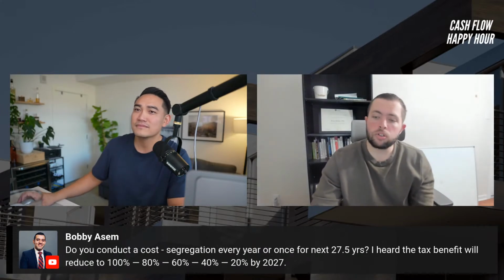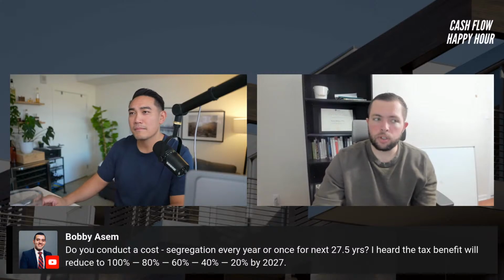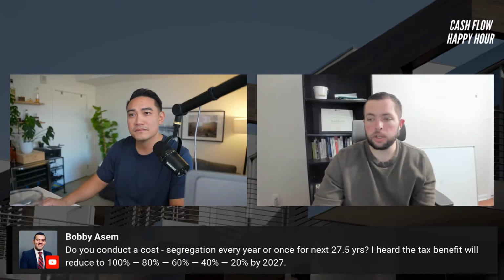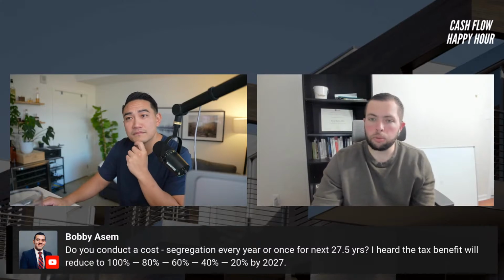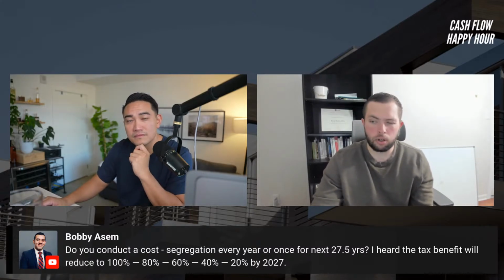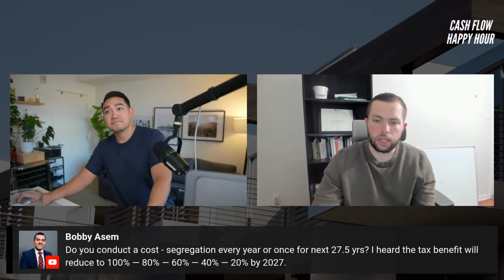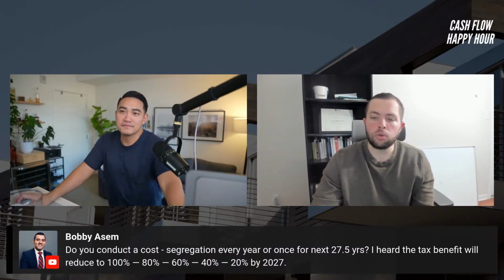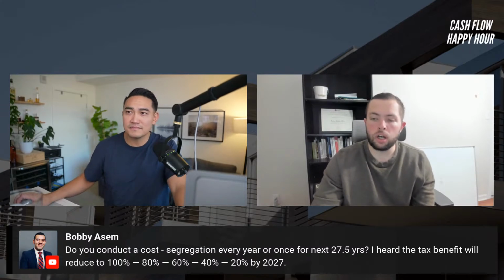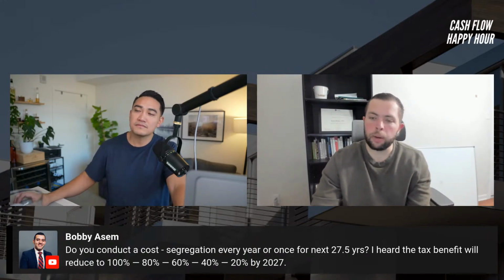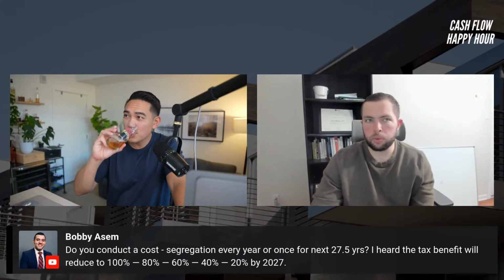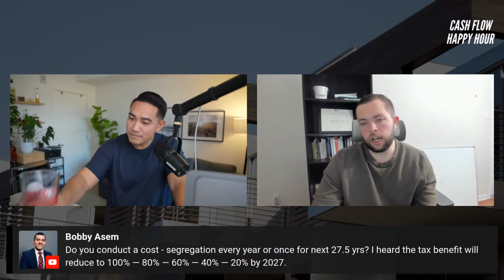It's a good question. First, you want to figure out what type of real estate you're dealing with. If it's single family, multifamily, or apartment buildings, most of the time it's going to be depreciated over 27 and a half years. If it's a short-term rental or commercial property, it's actually depreciated over 39 years. 90% of the time you would only do a cost segregation study one time, in the year that you place the property into service. So in year one, 2022, you'd place the property into service and get 100% bonus depreciation on the 5 and 15-year life assets.